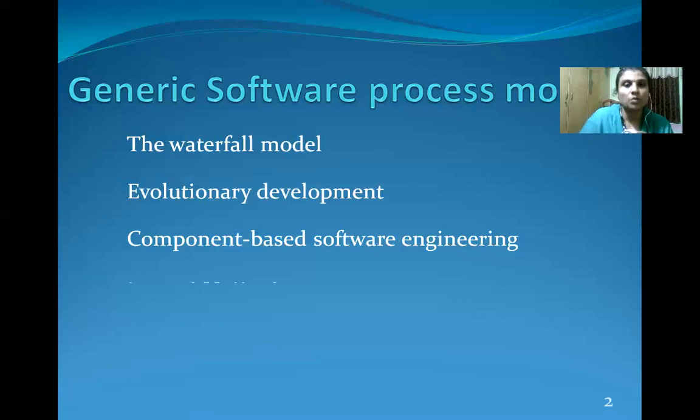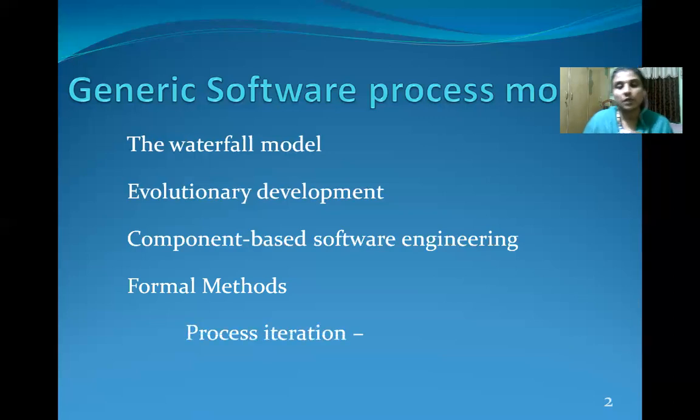Next, one more process model is called formal methods. In formal methods, the requirement specification and design have to be represented in the form of mathematical equations. The main drawback here is that we need a domain expert to understand the mathematical equations, because the specification and the design are represented in the form of equations. At the same time, formal methods are very expensive to develop the specification, and even more expensive to show that a program meets the customer specification. So these are the major drawbacks of formal methods.